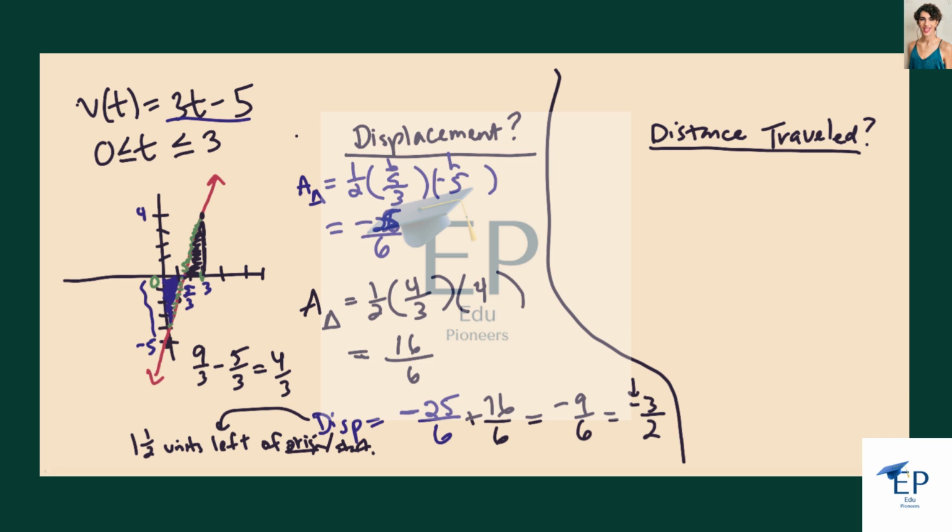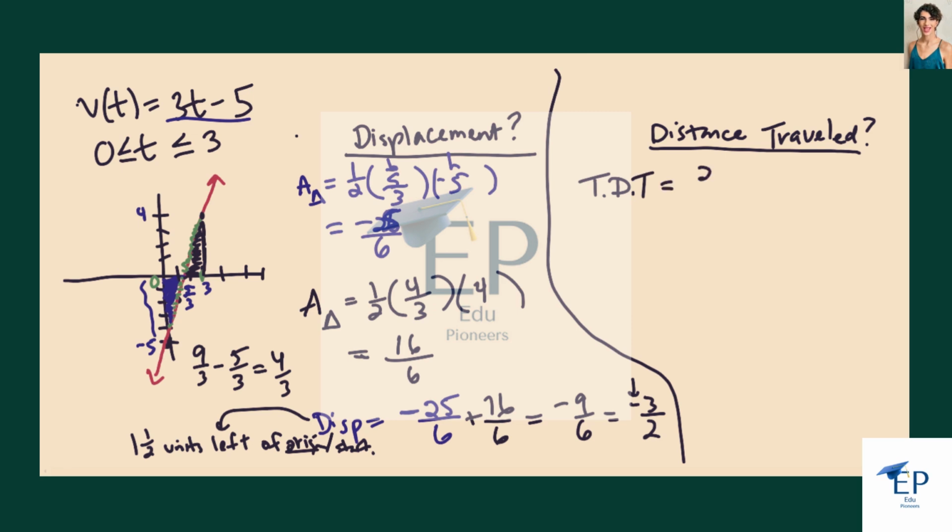So if the particle was trying to get from point A to point B, really you should just walk from A to B, right? But instead, the particle went backwards a whole lot and then forwards a whole lot. So it traveled a larger distance. So if we want to find the total distance traveled, I always call that TDT, we'll take, it went 25.6